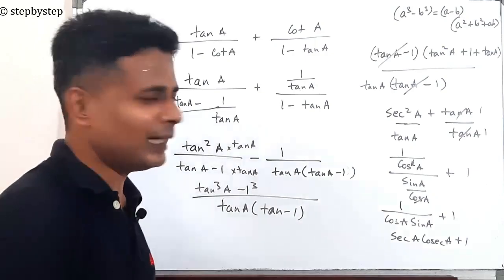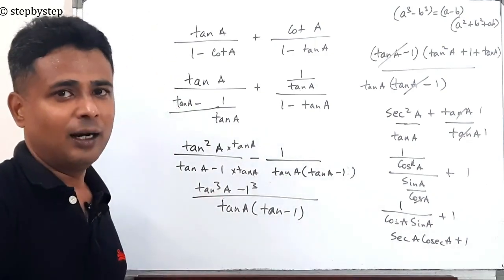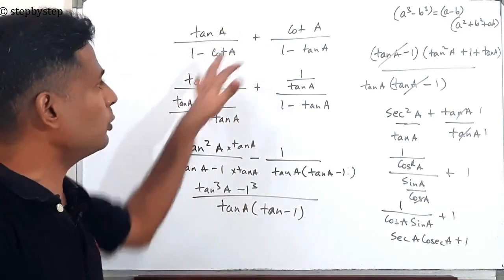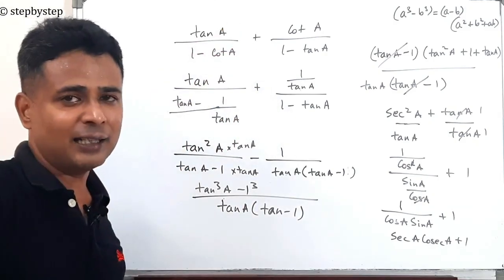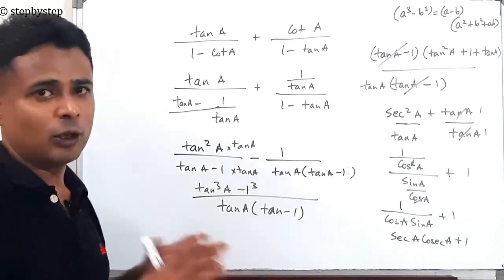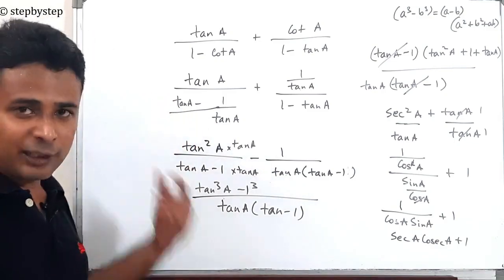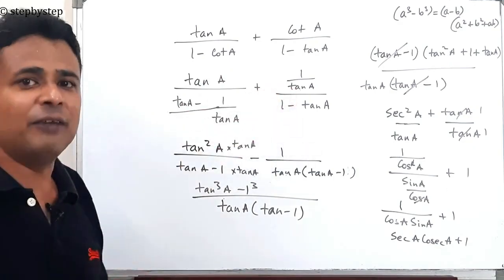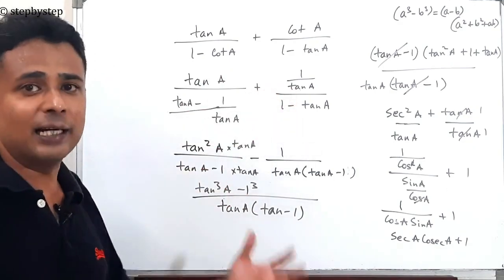This is a slightly difficult problem. Actually, the first thing we should have tried was converting to sine and cos. I tried that when I first solved this problem. It got very complicated. So since it got very complicated, only then I thought of this, that let me convert everything to tan first and maybe I'll get the answer.